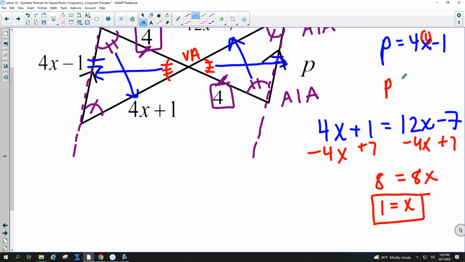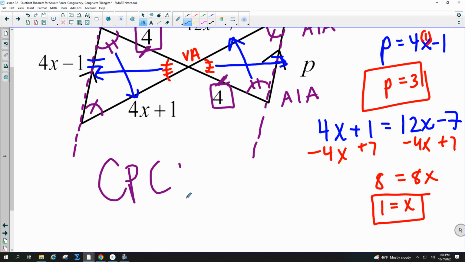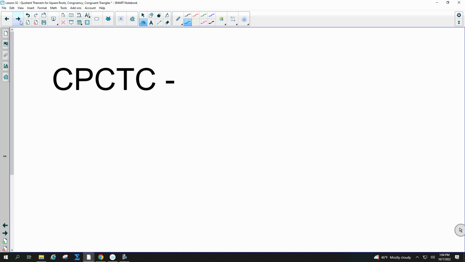Now, what's my reasoning? My reasoning for this whole thing is called CPCTC. You have to say it like that. You have to say it like that. CPCTC. All right, here's what it stands for. All right, write that down. CPCTC. This stands for